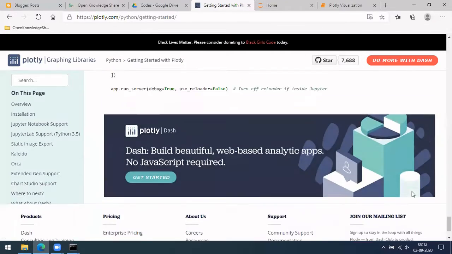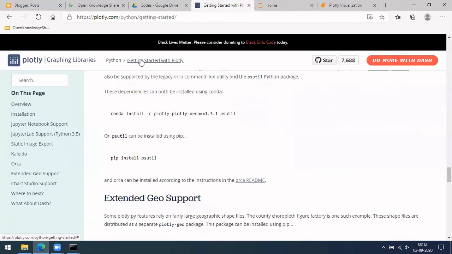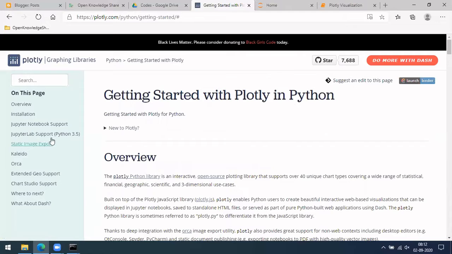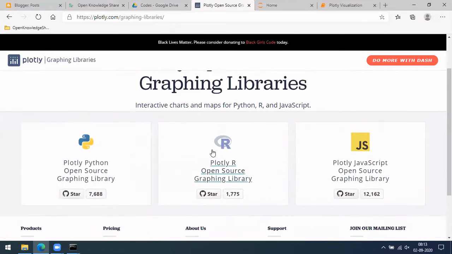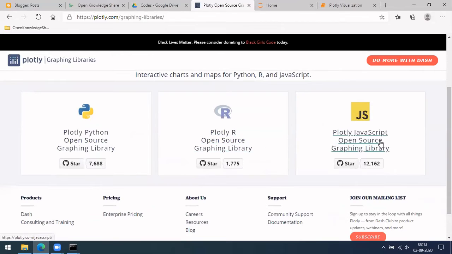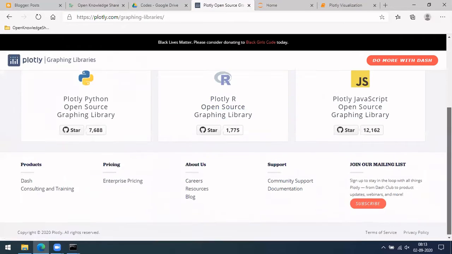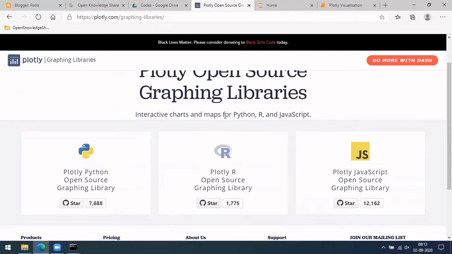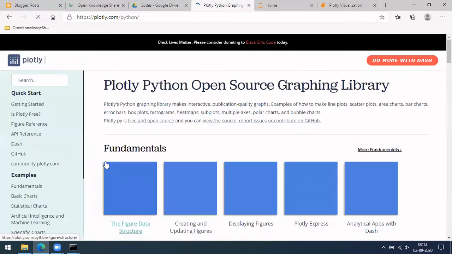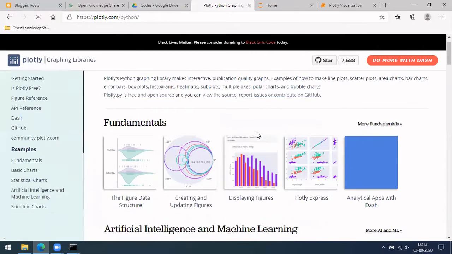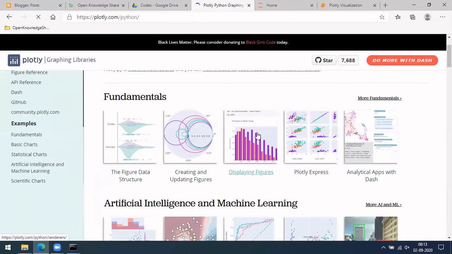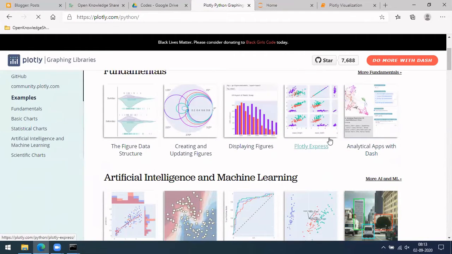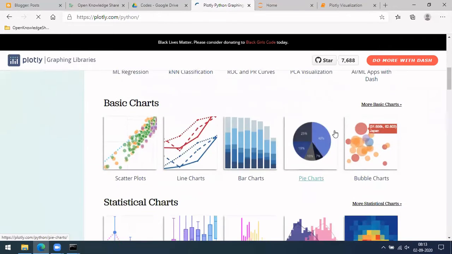Okay, so this documentation has changed a little. As I told you, it's there in Python, MATLAB, and JavaScript as well. And I have seen long back that it is also there for a few others. Maybe they have removed it. So okay, yeah, this is what I mean. You can see these graphs, right? All these can be plotted using this Plotly. So let me go for some.